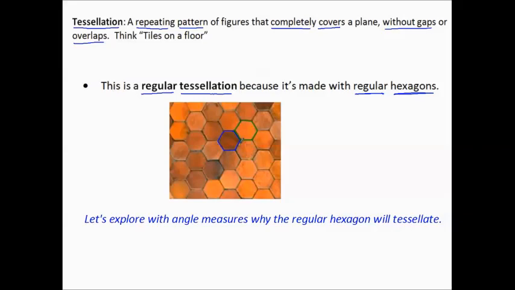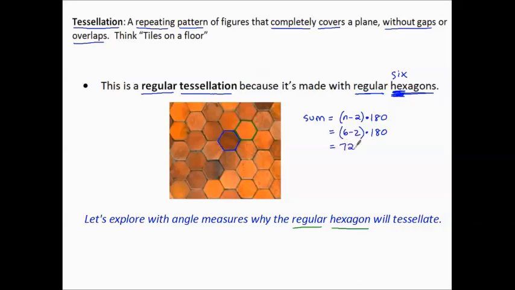Now, how do I know if a figure can tessellate? Let's explore with angle measures why this regular hexagon will tessellate. So remember how we tell how many degrees the interior angle measure of any polygon has, any convex polygon. We use first the sum of the interior angles is n minus 2 times 180. How many sides or angles does a hexagon have? Hex is like 6, right? 6 sides. So this one, 6 minus 2 times 180,